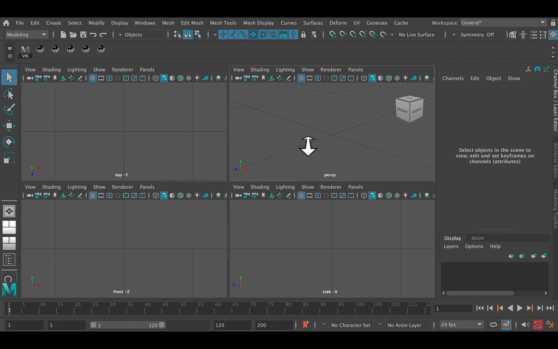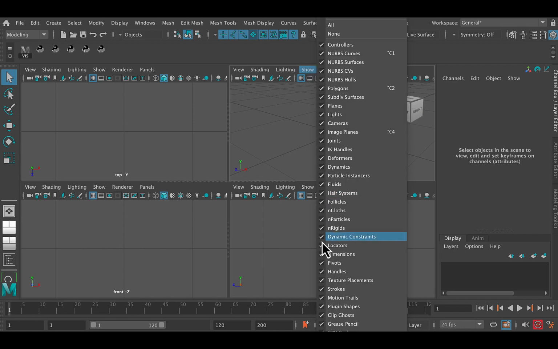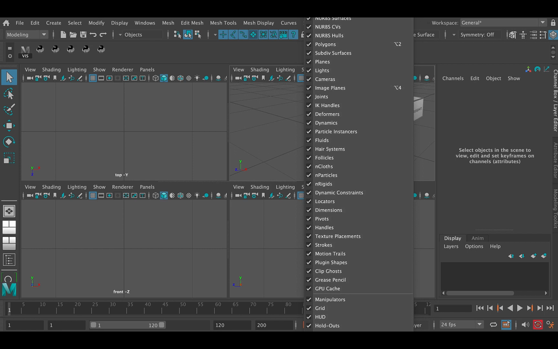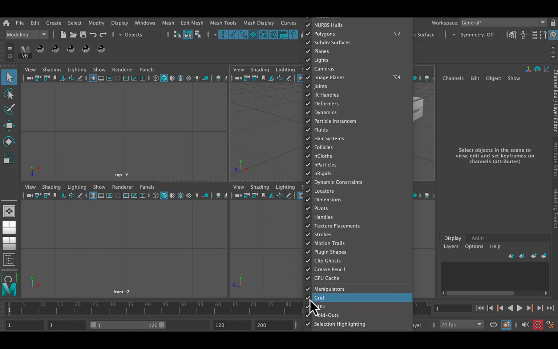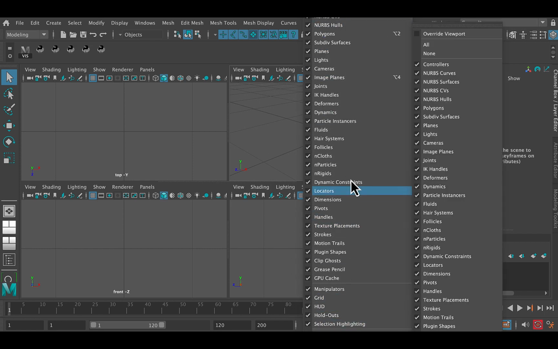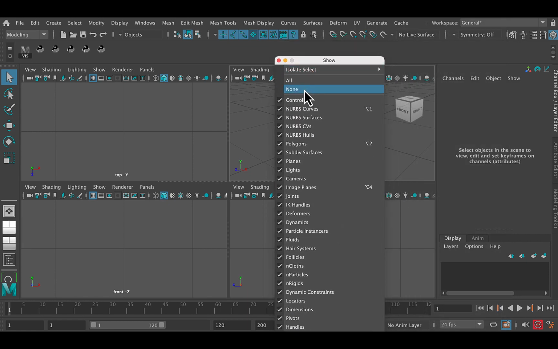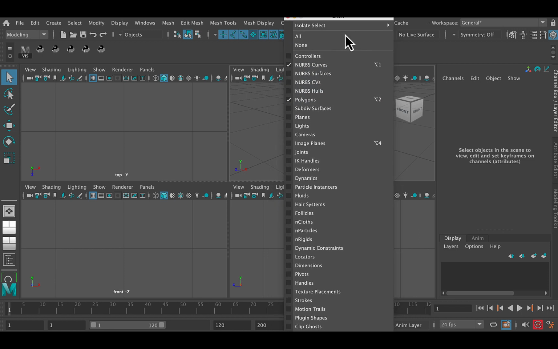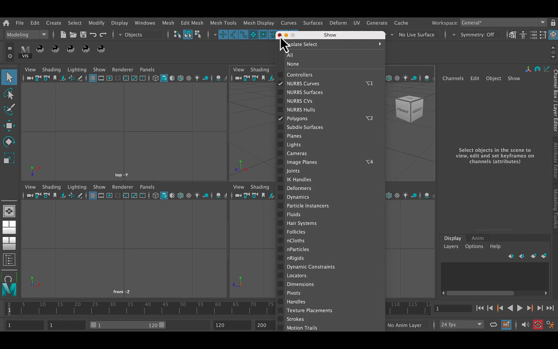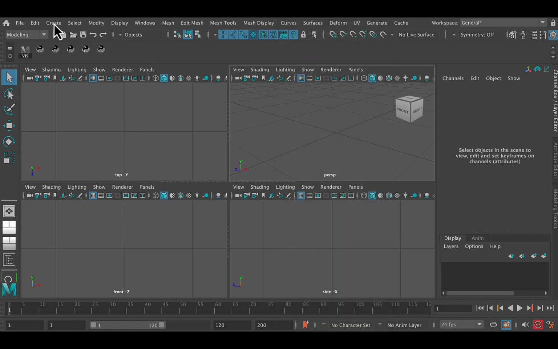Now I'm just going to zoom out a little bit in the perspective window here. I'm staring at the grid, and I just want to make sure that my grid is showing. Sometimes when you first open up Maya, the grid isn't ticked. So what we can do here is go under Show, let's go Show None in the perspective view, and let's make sure that polygons are turned on, and also let's select NURBS curves, and that's probably all we actually need for now. So let's go ahead and turn that off,